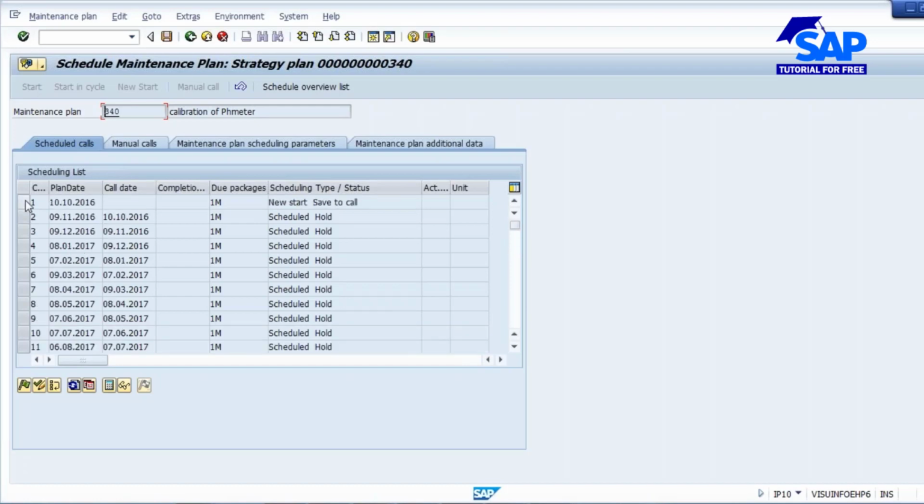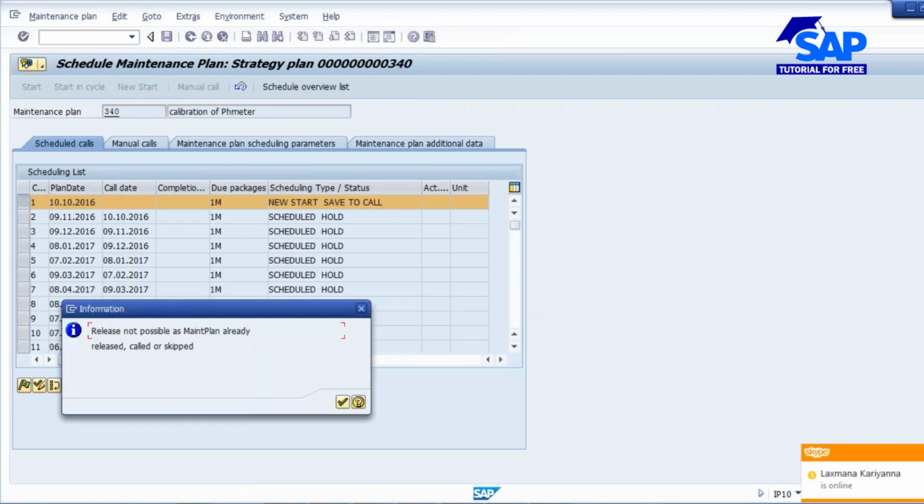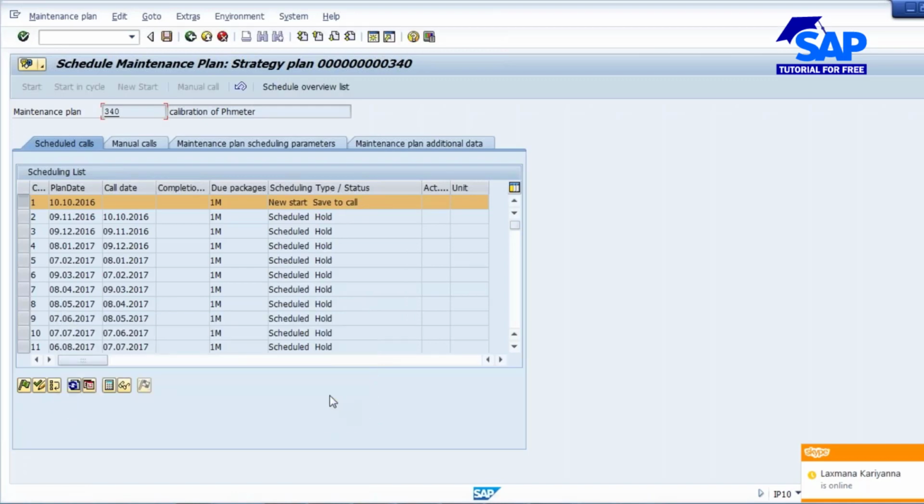Now to generate a maintenance calibration order, we'll be selecting the call and then you can release it. When you release that call, the system will be generating a maintenance order which is called a calibration order. So you release the call. The first one is already released because the release date is already there.